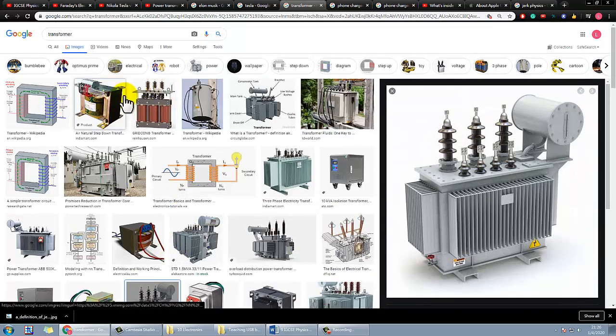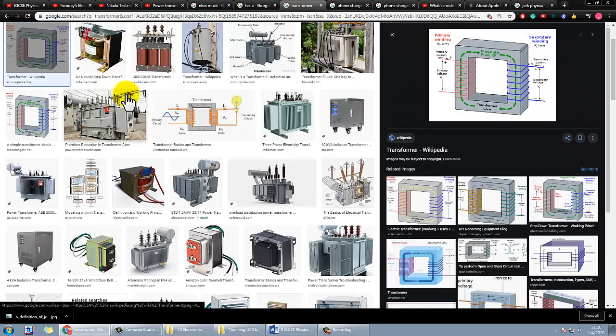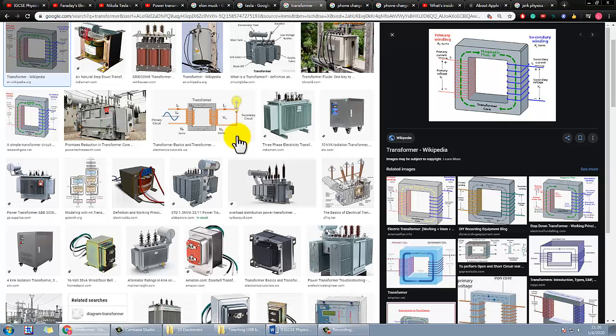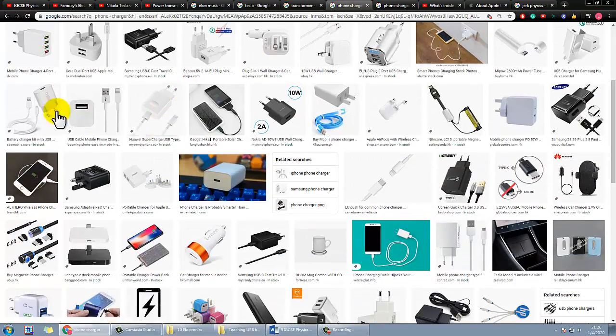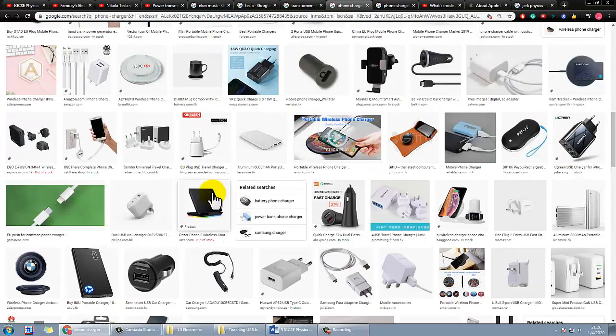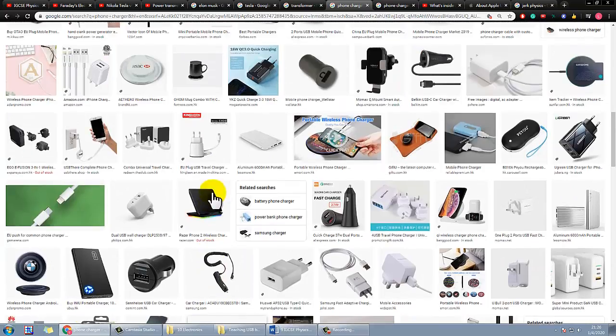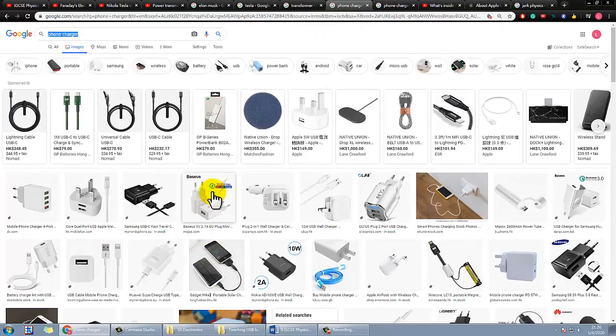And so how come I would say that you should be able to find a transformer at home, and I'm 100% sure you have used it also. Do you know where you can find it? The answer is your phone charger. Any phone charger, no matter if you're using iPhone or Android, even if you're using a laptop, I'm pretty sure that you would have a transformer, because the transformer is actually one of the components inside the charger.